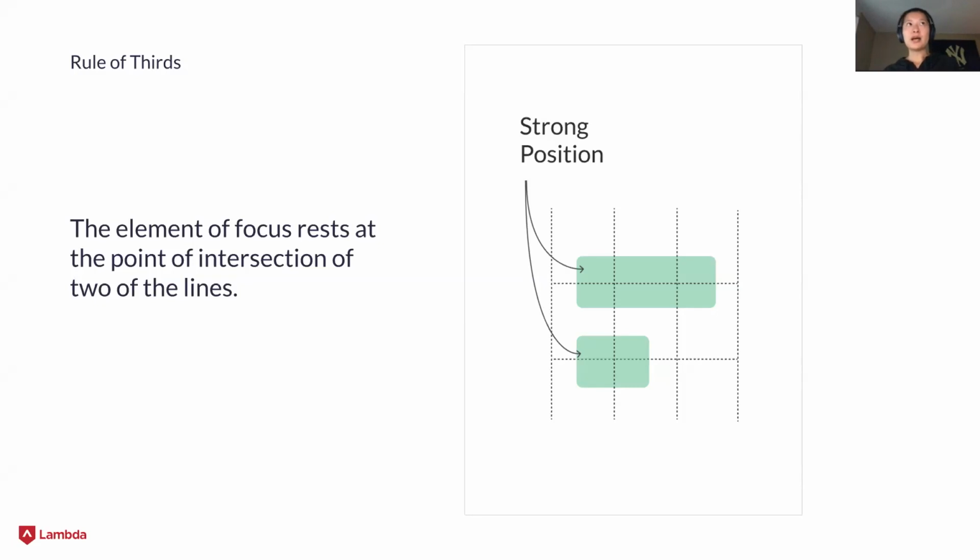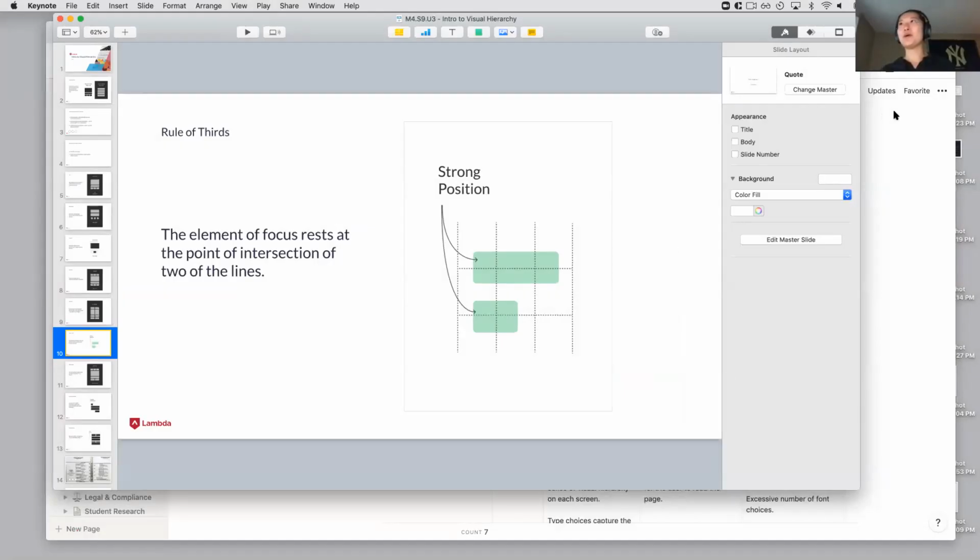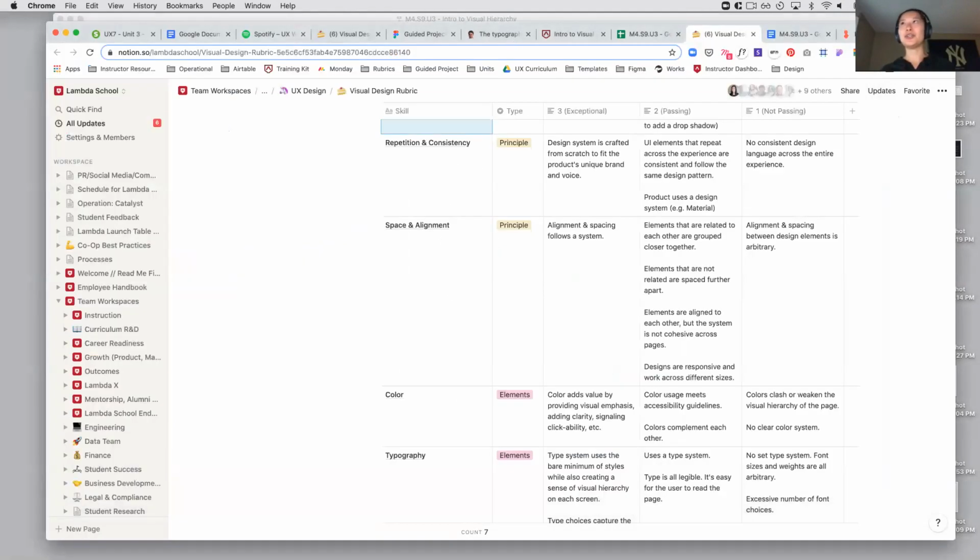What questions do we have about the rule of thirds? I've got a quick one. Do you know if there's any way to build a quick thirds grid on Figma? No, not that I know of. What I actually do,